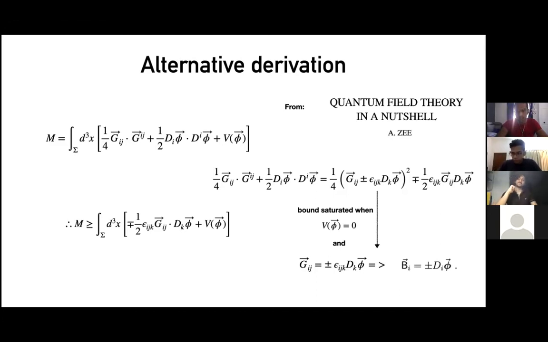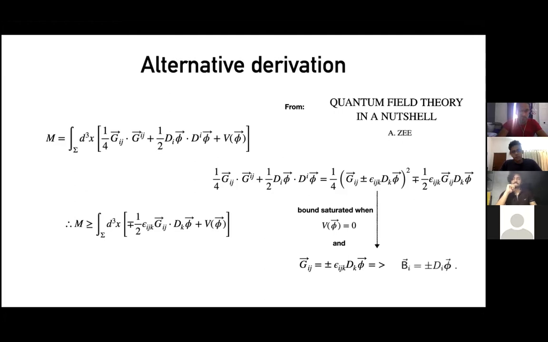That happens when g is di phi. So remember, the spatial components of G are epsilon dotted into B. So when there's an extra epsilon, that just gets rid of that first epsilon, and you just have B. So B is just this di phi. So this is the BPS monopole.